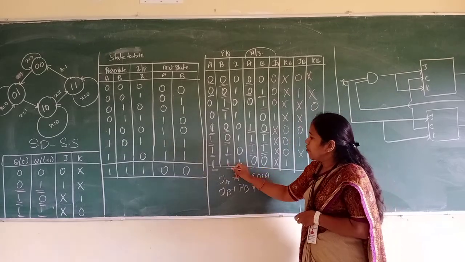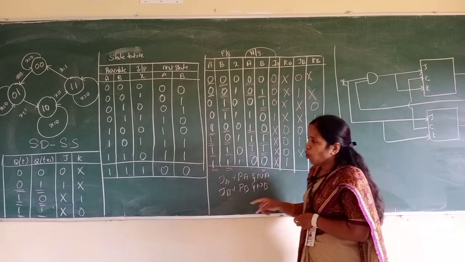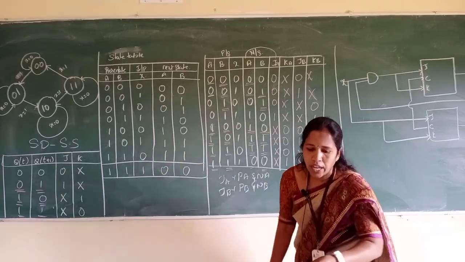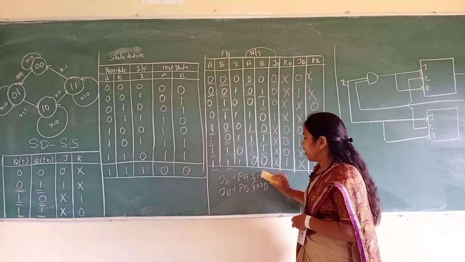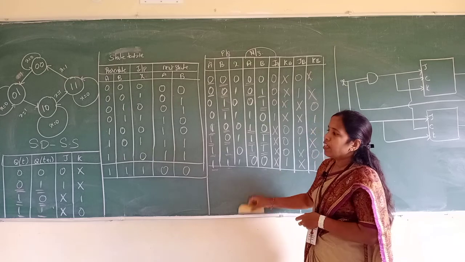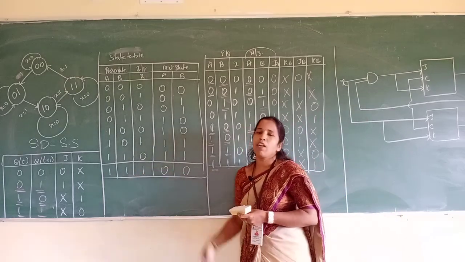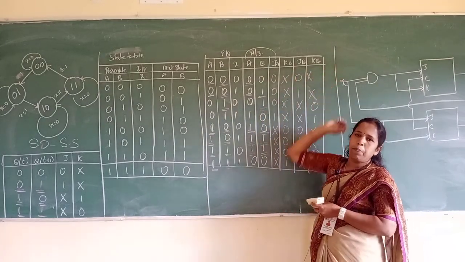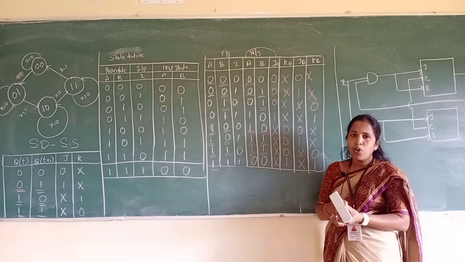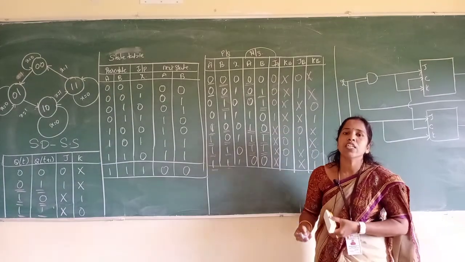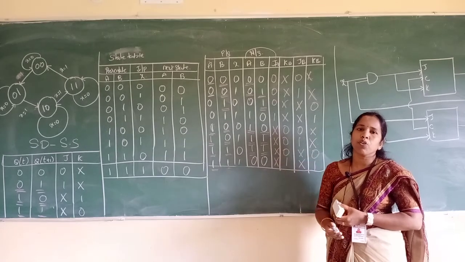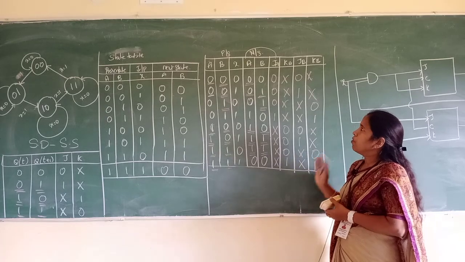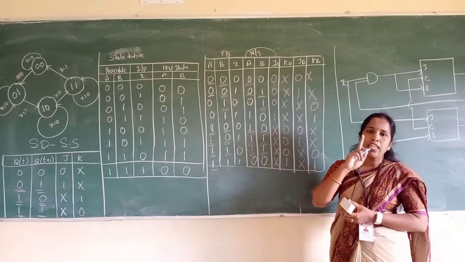And present state B value is 1 and next state B value is 0. 1, 0 gives X, 1. So like this we are going to generate the state table, including the excitation table of the JK flip-flop, generating the values of JA, KA and JB, KB. Now using this we are going to plot the sequential circuit. So how is the sequential circuit going to be generated? You have to check the JA, KA, JB, KB values wherever the output is generated as a 1.